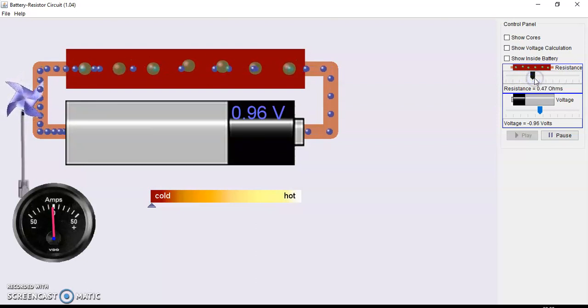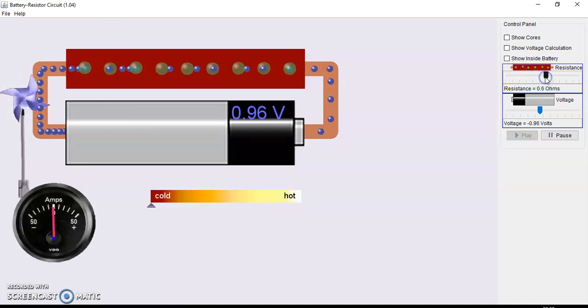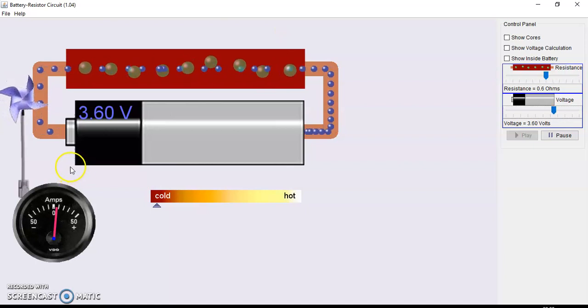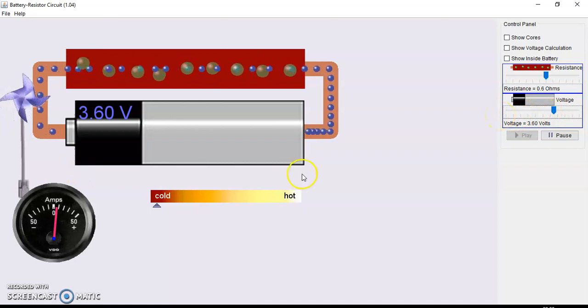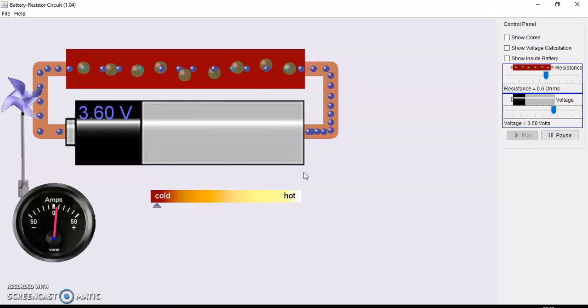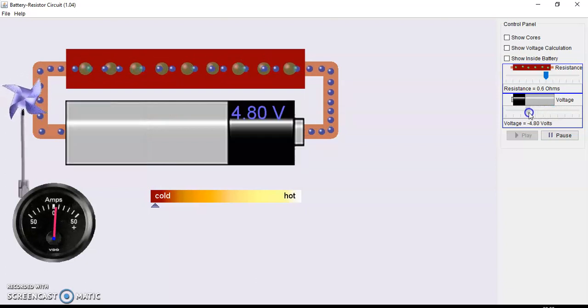If I keep this resistance at some moderate value, then I change, say, the voltage. See students, say voltage is 0 in the middle. On either side, the voltage will increase, and by taking it to the right-hand side of the 0, this positive will come on this side, and if I bring it to the other direction, then the positive terminal of the cell will come on the other side, and this is how it is going to change. So as a result, the current in the circuit will change accordingly. See students, so we can keep on changing these voltages.